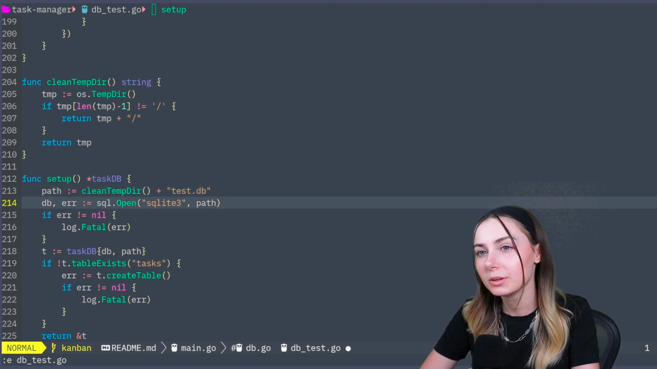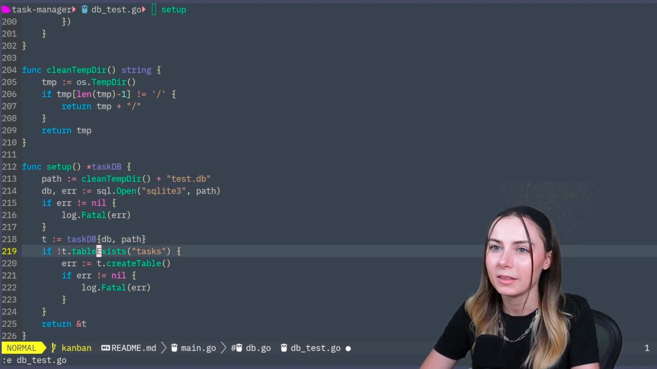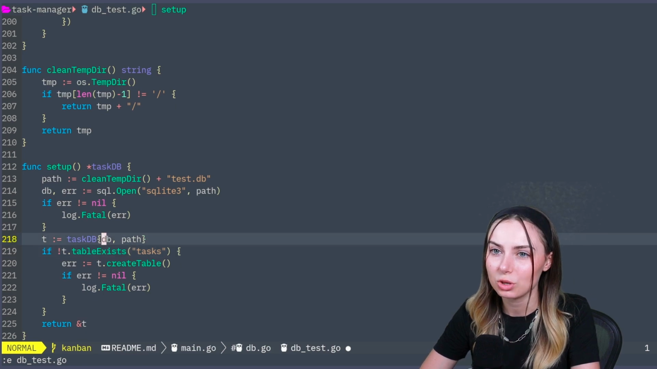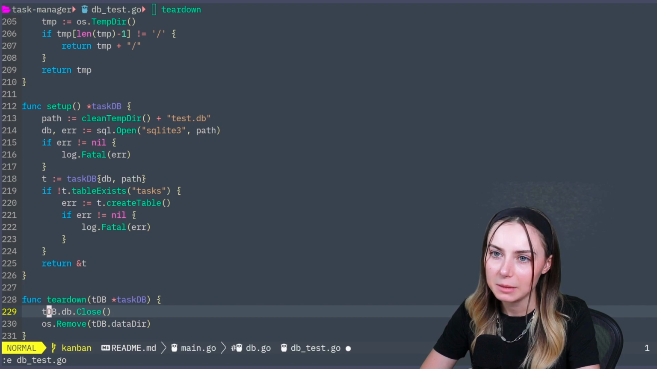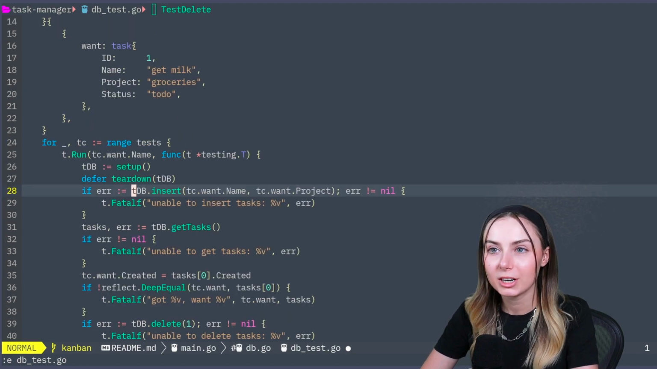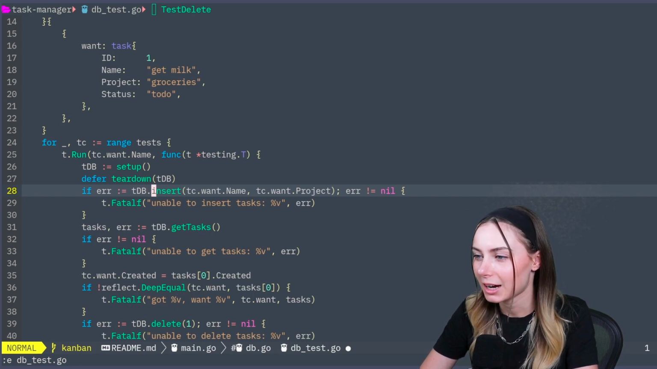So that's what we're doing. We're just opening up a new SQL database, creating a new TaskDB, and then that's the TaskDB that is getting used in our test. And then in our teardown here, we close the database and then we remove the data directory. And then here we are testing our insert and our delete, because how are we gonna delete something if